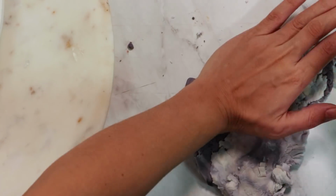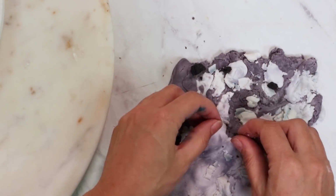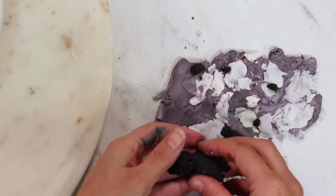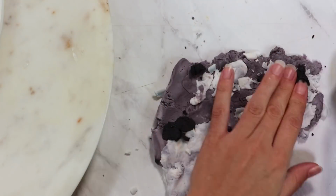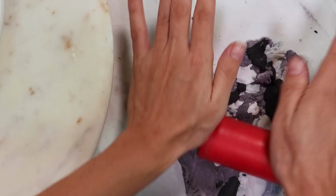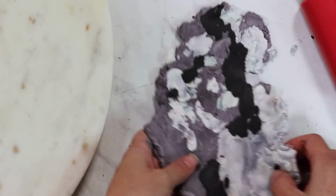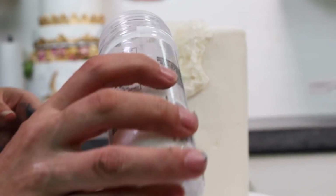And just kind of push that down. I also have some black. Put some black in there, and just wherever you want it to be. I'm going to start kind of rolling this out a little bit just to get it kind of flattened and see what's happening here. And then I'm going to take some of my sparkling sugar,